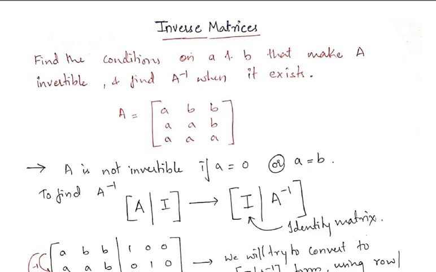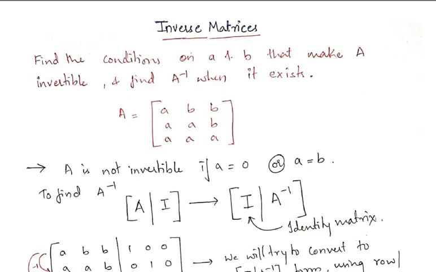As we know, inverse of A is equal to adjoint of A divided by determinant of A. So determinant of A will be 0 when all the three columns or all the three row elements are 0. Okay, so that is, if all the elements are the same in one row, or if all the elements in one column are the same, then also the determinant is 0.